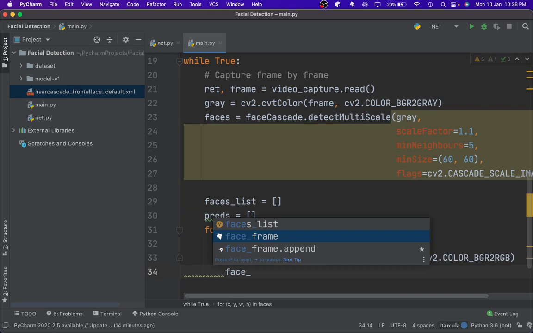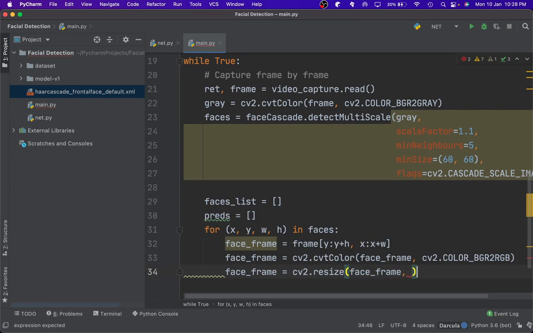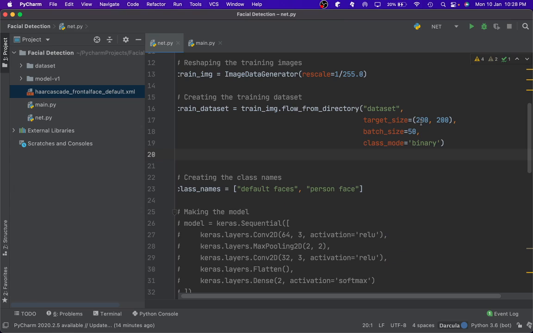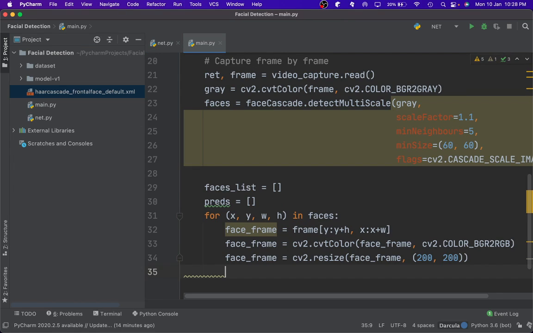So I'll just say face frame is equal to cv2.resize the face frame, and we will just check the size over here, 200 by 200. Cool. So now we need to convert this to an array. Doing that is pretty simple. We just say face frame is equal to image to array the face frame,